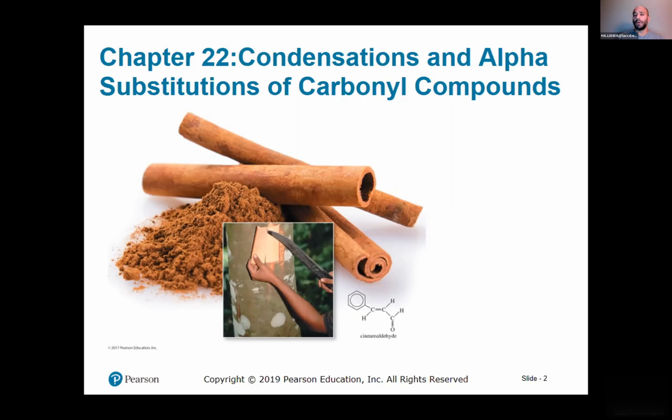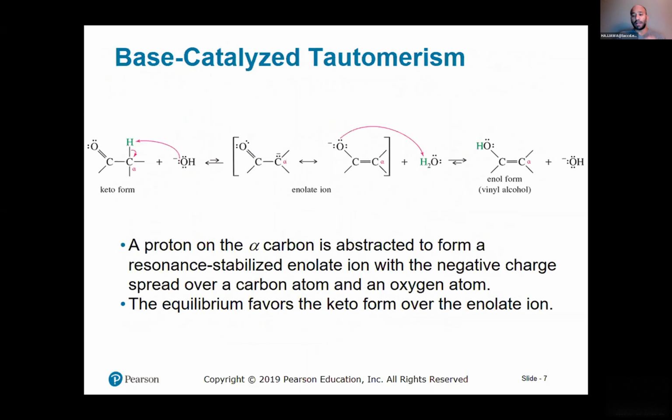Chapter 22, condensations and alpha substitutions of carbonyl compounds. Those carbonyl compounds that we're going to see in this chapter, we will basically learn alpha carbon chemistry, whether it's alkylation, acylation, or halogenation, or even reacting with other carbonyl structures. The very first slide I would like to start with is the acidity of those hydrogens, and that's slide number